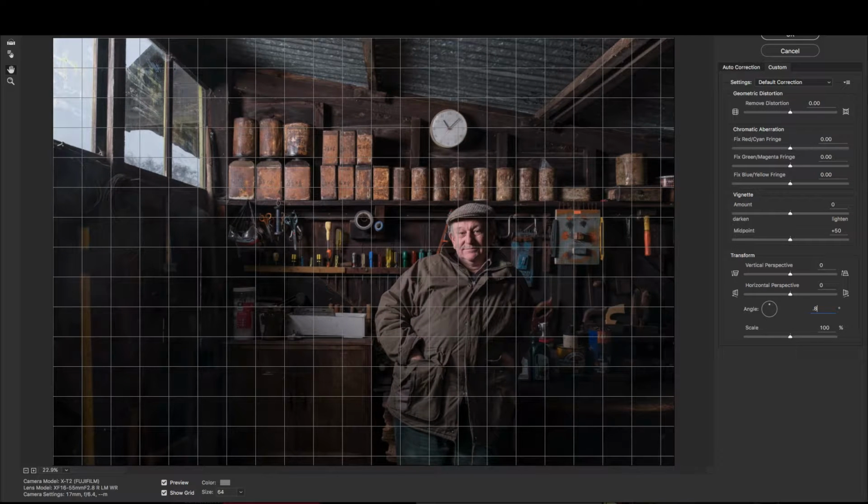Maybe 0.85. Yeah, and now that's looking pretty straight. We can also look at these. So this one's straight, this is straight, that's mostly straight, that one's straight. So this one's not straight, but